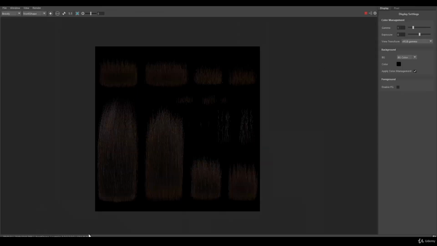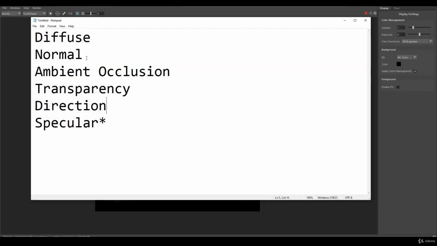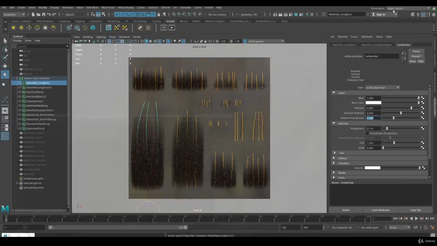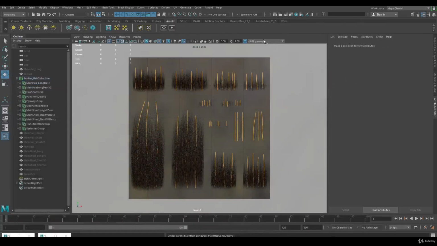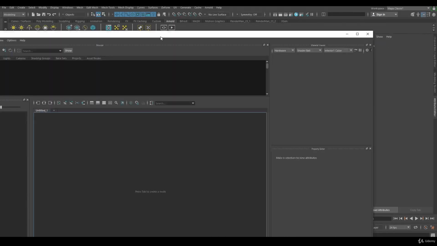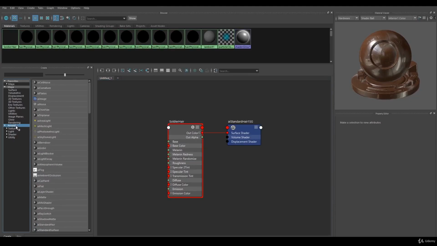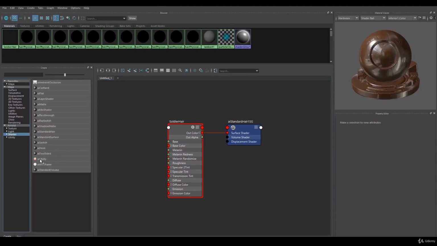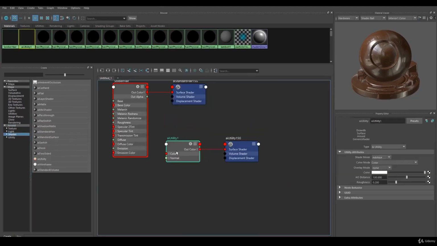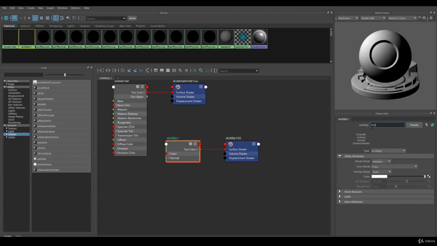but same thing, just go back and redo it. Now, the next map that we need is the normal map, and this one's a cool one. Let me show you. So what we're going to do is I'm actually going to go back here into the Hypershade, and I'm going to create something called an Arnold utility node. In the Arnold shaders, there's one called the AI utility. And this one is going to be my normal